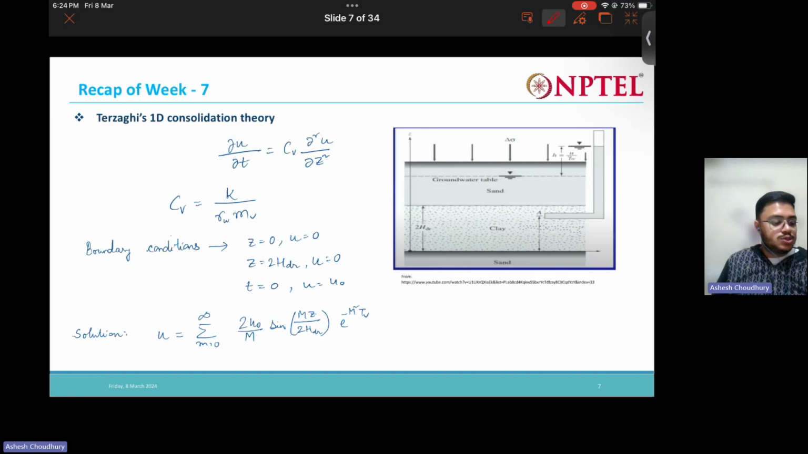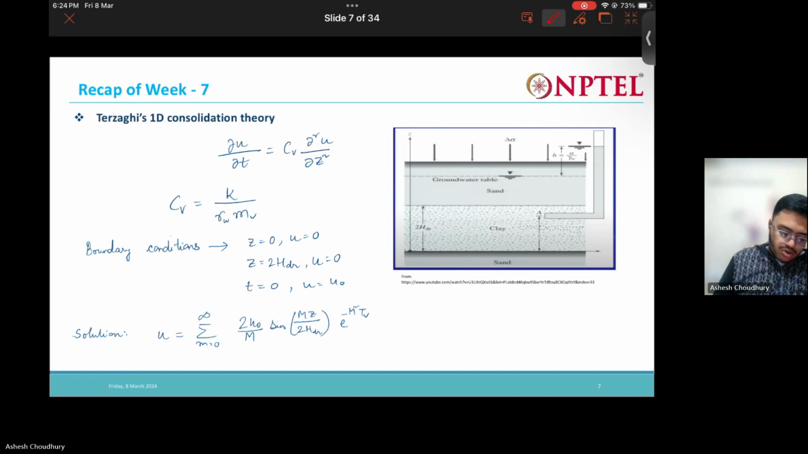Okay, so next we have Terzaghi's one-dimensional consolidation theory. So what is Terzaghi's one-dimensional consolidation theory? I won't go into the derivation of this theory, but we will just recall the basics of whatever has been taught in the class. Terzaghi's one-dimensional consolidation theory is given by this equation, which is nothing but dou u by dou t is equal to Cv times dou square u by dou z square. And what is Cv? Cv is nothing but the